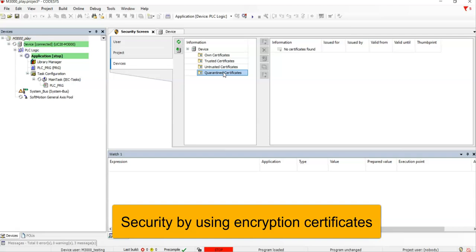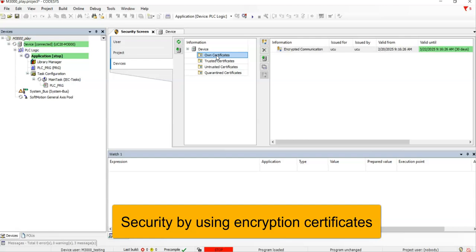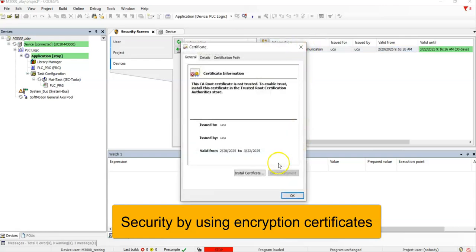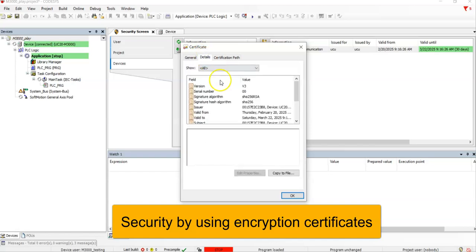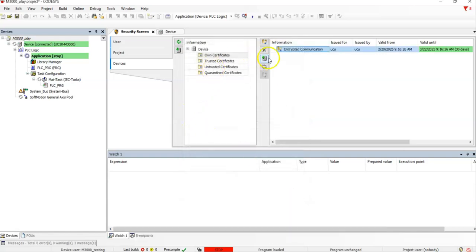So I'll talk about that in another video, but I just wanted to show you that by default you get this one called Own Certificate. You can right click into here and it says it's UCO. If you remember the name of the device, it was called a UCO. So it's valid for a month. You can look at a bit more detail, and this gives you the type of security. It is SHA-256 RSA, and you've got the dates there. Okay, so